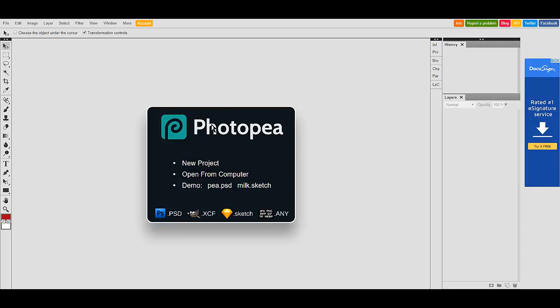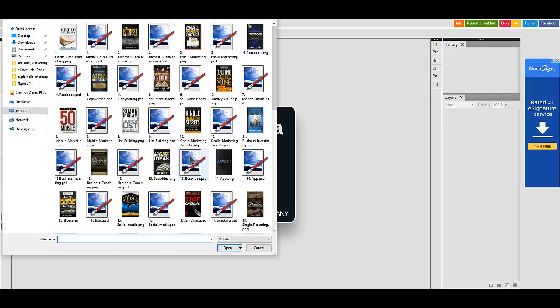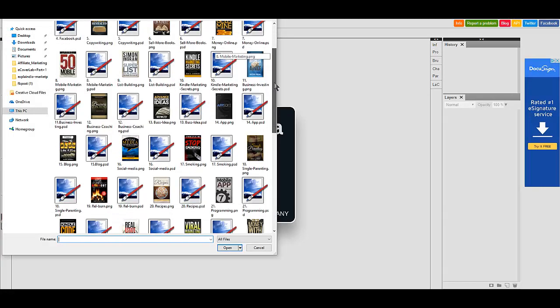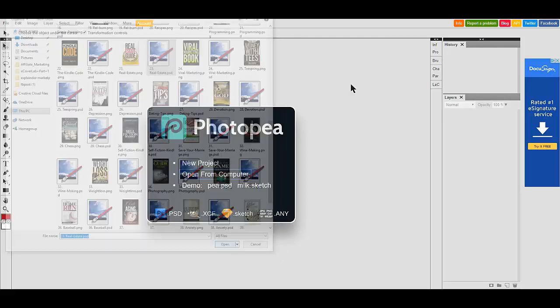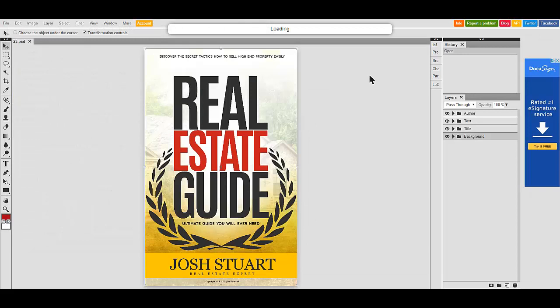So the first thing you do is go to photopea.com. I'm going to choose to open from my computer one of these ebook covers that I have. And let's try the Real Estate Guide PSD. All right, so you'll notice at the top that it said it was loading the fonts. Now, I'm going to take you through the